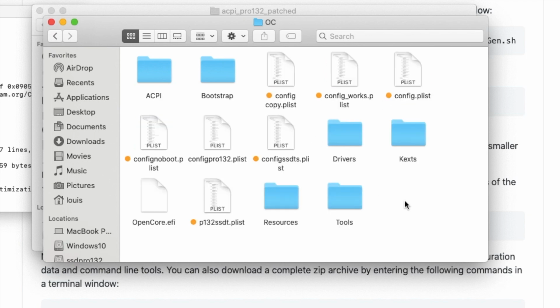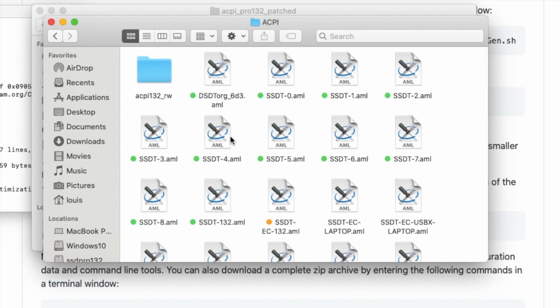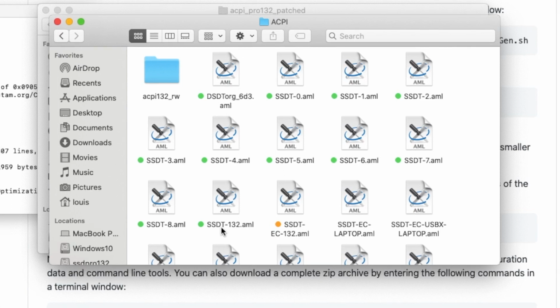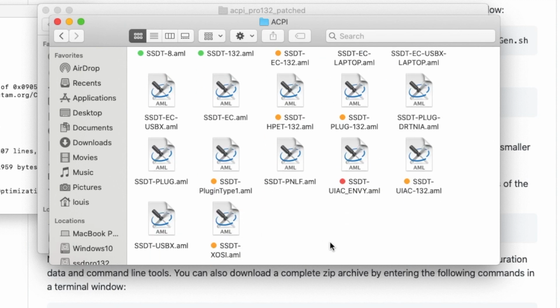This is OpenCore, so ACPI. You see, I have the DSDT original 6D3. That's all I patch. I have SSDT 132.AML, and other stuff. So I'm going to show you how to patch the